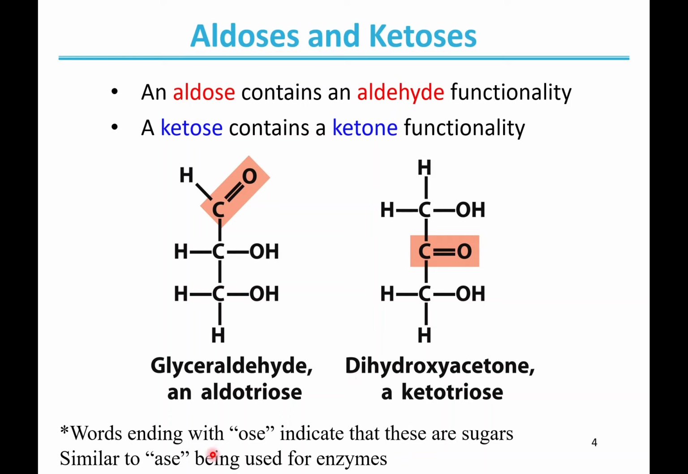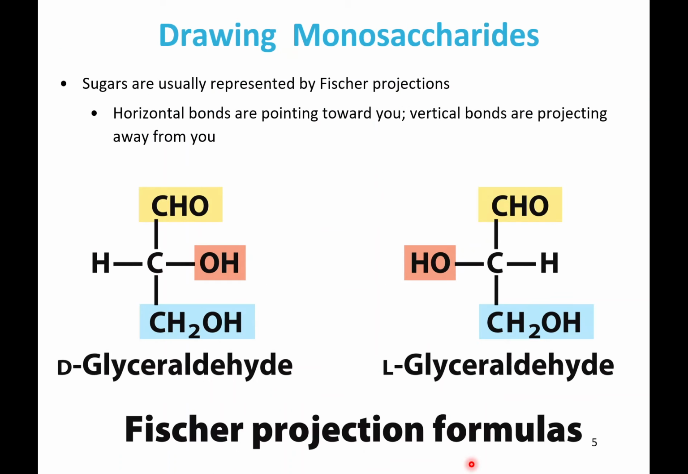Okay, and as we've mentioned before, OSE indicates that these are sugars. Very similar to what we've seen before in class, when something has an ASE on the end of it, it's because it's an enzyme, but OSE denotes that it's a sugar. Okay. So when drawing sugars, a lot of times you'll see sugars drawn in what's known as a Fischer projection,